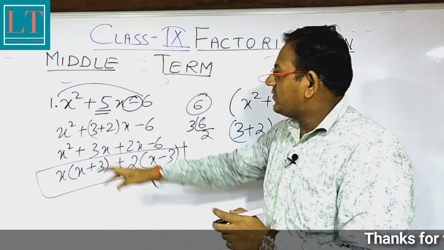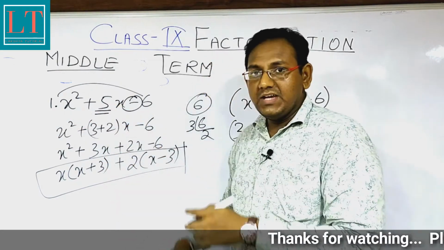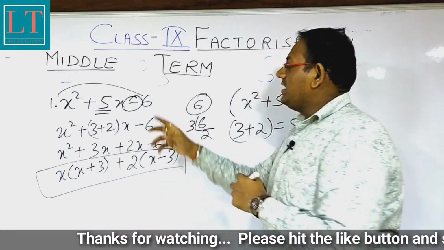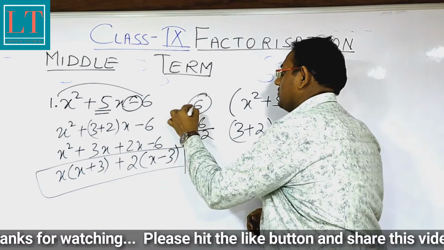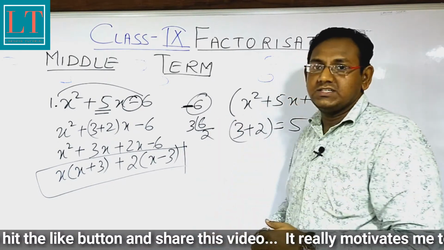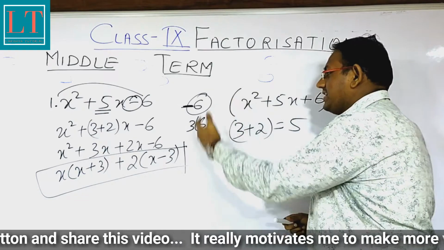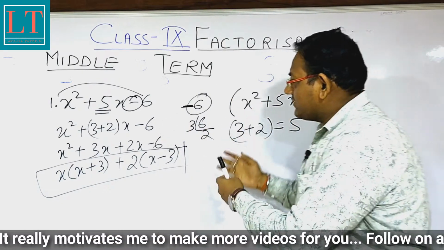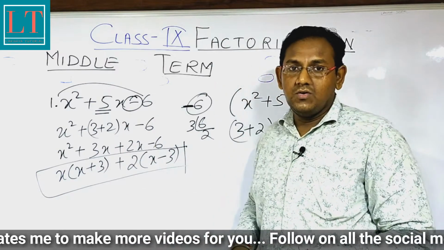If we multiply the first term and the last term, we get 6, no doubt in that case. But we are also getting a negative sign over here. So how to deal with that? How to think about those questions? Sir, you have already explained how to find the factors. Means if we find the factors, we will get 3 into 2 only.